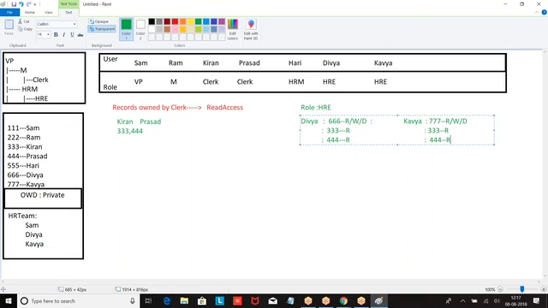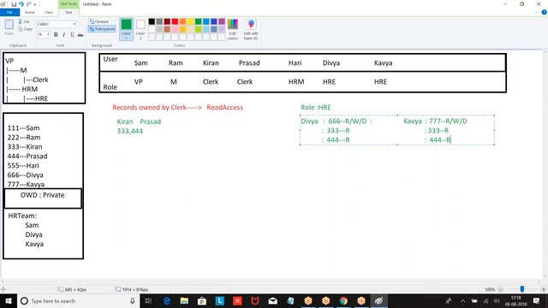But what happened in this case? We are giving extra access on the records of clerk. So which records? 333, 444. On those records, we are giving a read access for HR executive, because of which Divya and Kavya were able to see 333 and 444. Are you getting my point? Records owned by this role are shared with another role.